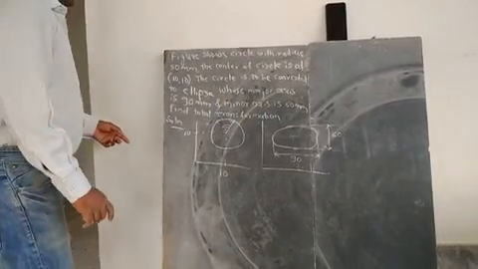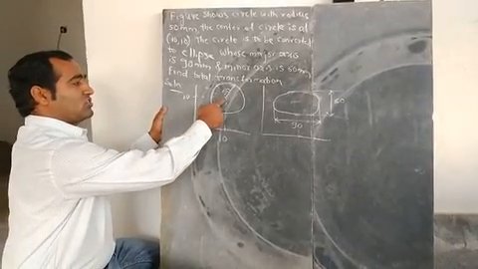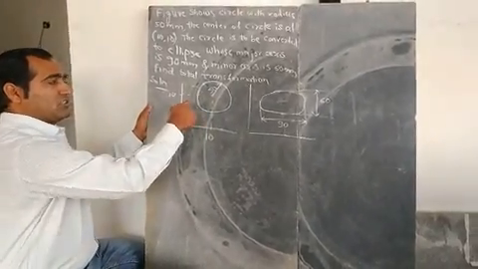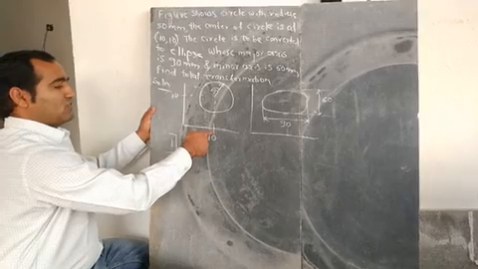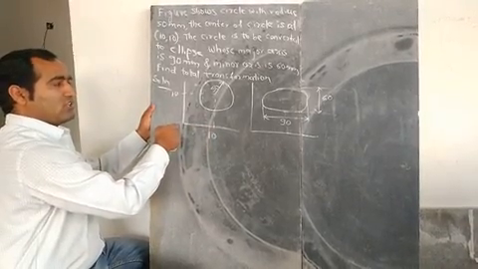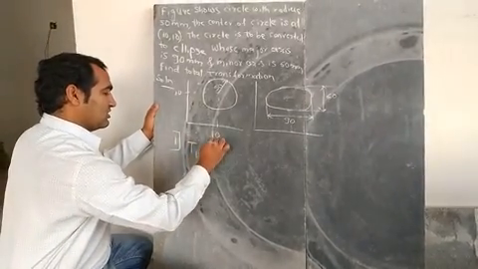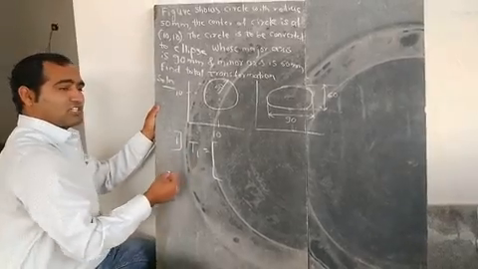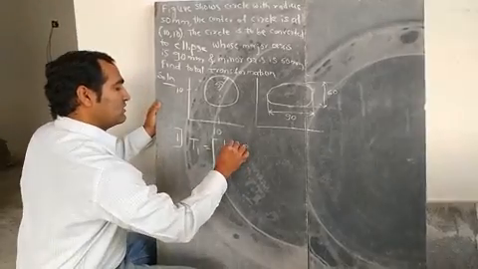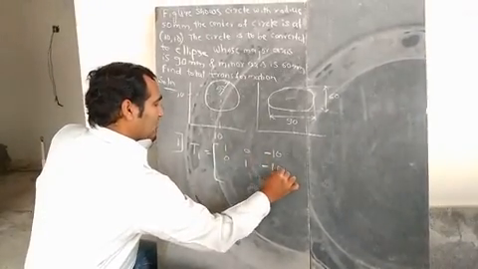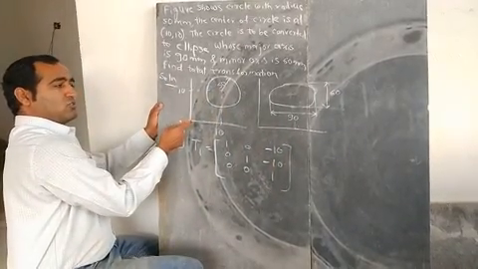So the first operation is translation. This (10, 10) is an arbitrary point, and I am bringing it back to the origin. Therefore I have to translate it by minus 10 units in the x direction and minus 10 units in the y direction. The first operation is translation, T1. The matrix is 1 0 -10, 0 1 -10, 0 0 1. So I have brought this point to the origin.